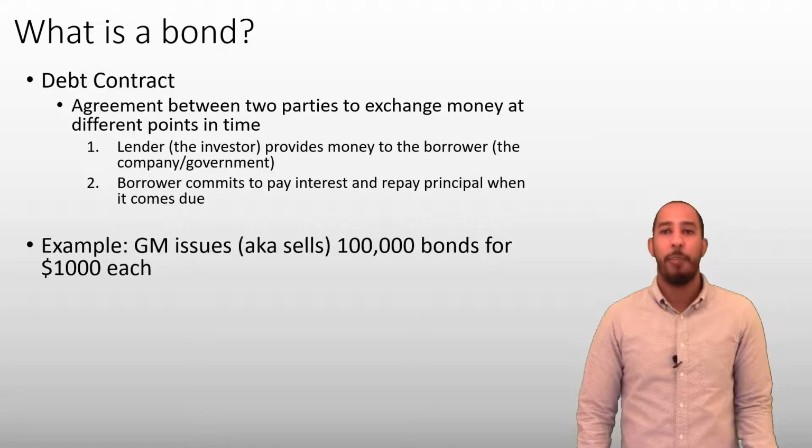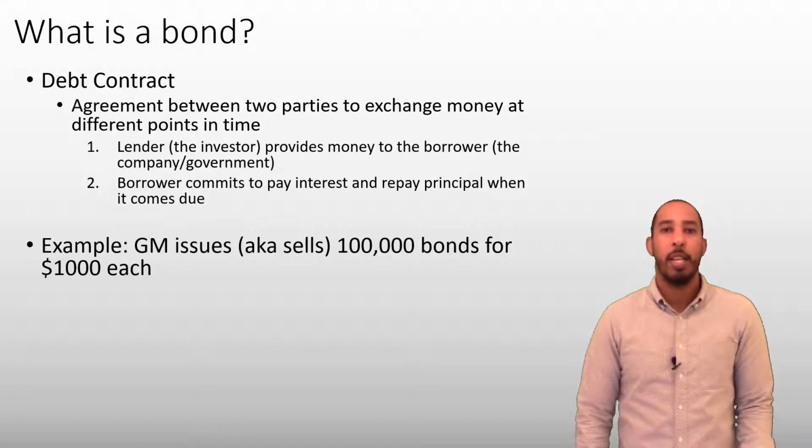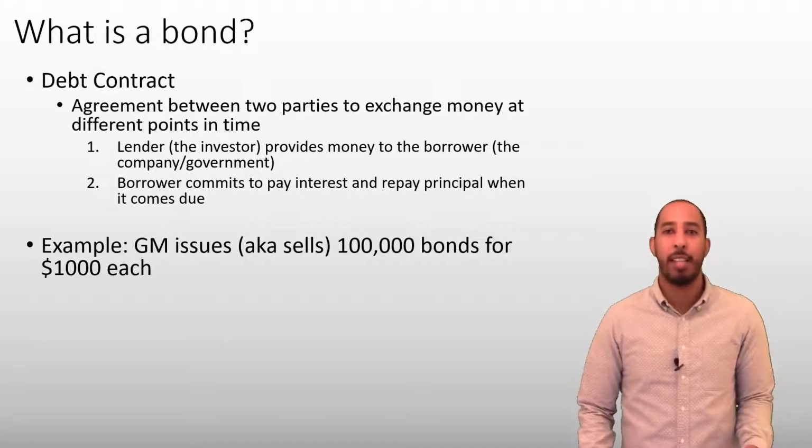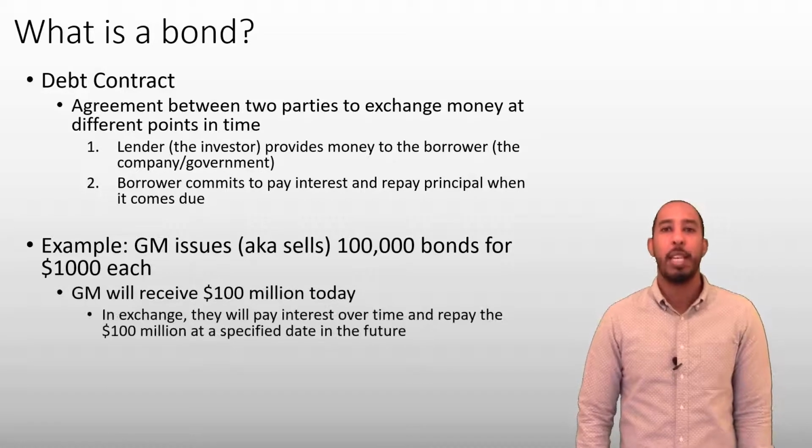Here's a simple example of how a bond fits into our financial system. Let's say General Motors needs to raise some money to expand their factory in Detroit. So they sell 100,000 bonds for $1,000 each. You can imagine this being 100,000 paper contracts, even though pretty much everything now is done electronically. What's the result of this? Well, GM will receive $100 million for these contracts today. They're borrowing $1,000 from each of them. In return, they promise to pay the holder of these bond contracts interest and the $1,000 principal over some period